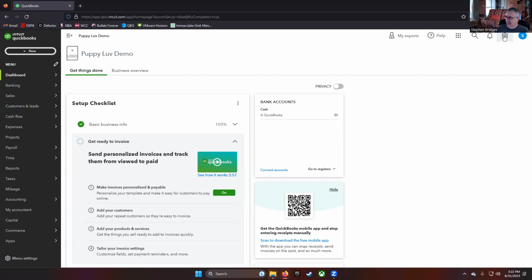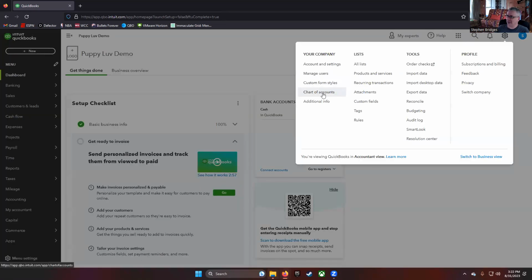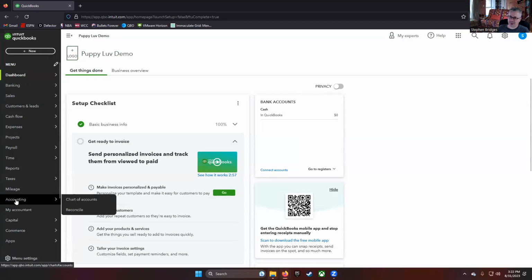while setup stuff comes from here. You might have to look at your chart of accounts a lot, get it in here, or you can go down here to accounting and chart of accounts. Either works. Okay, so let's get to work here. So click on the gear icon and choose